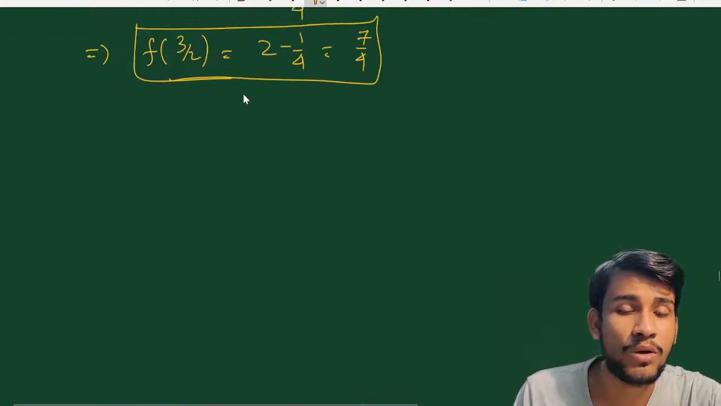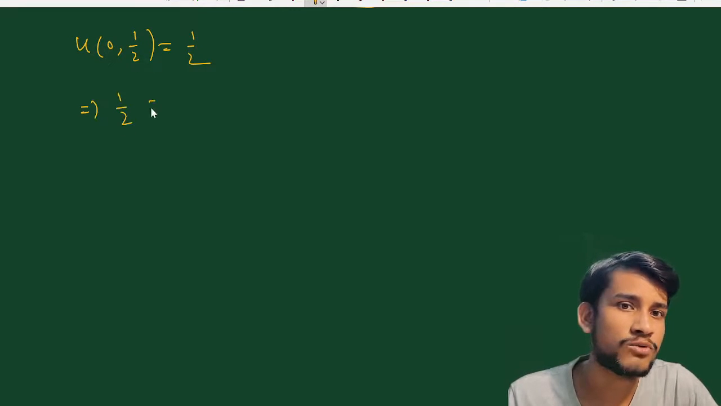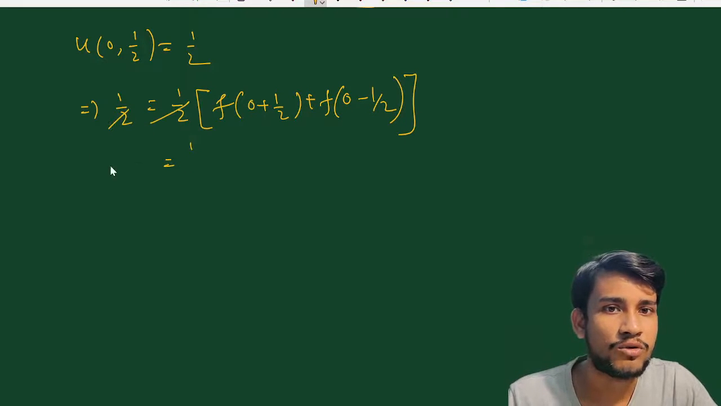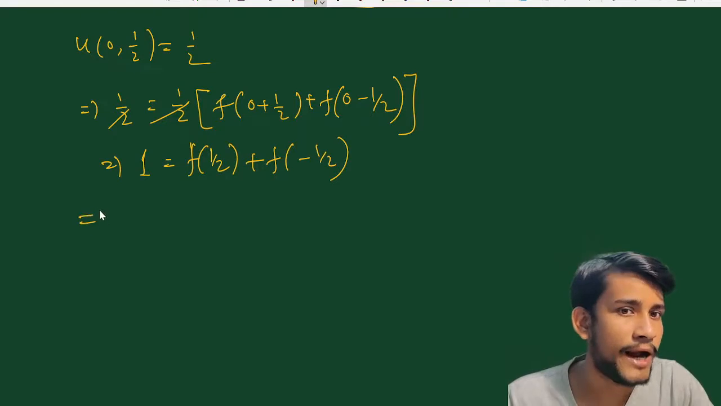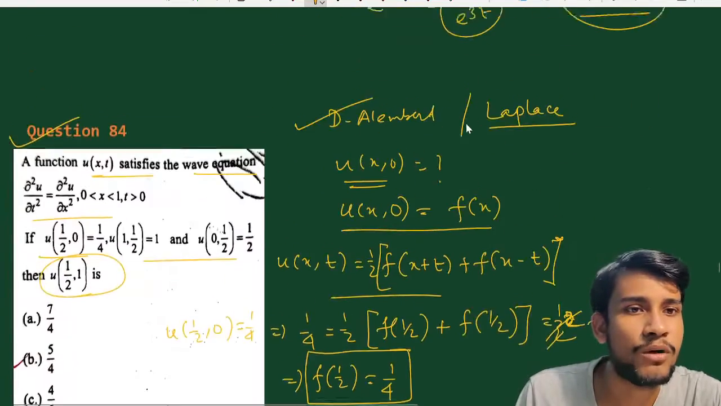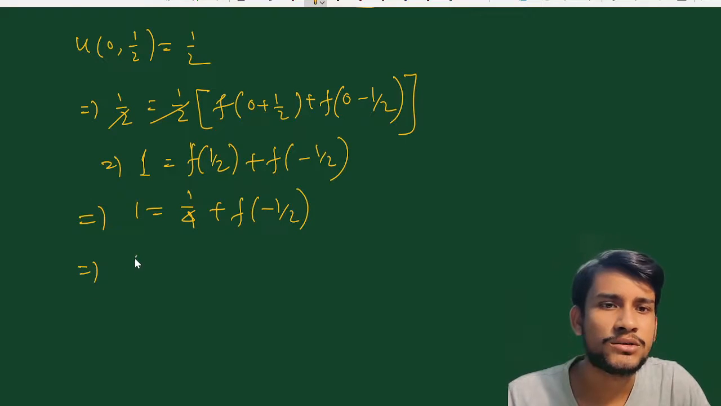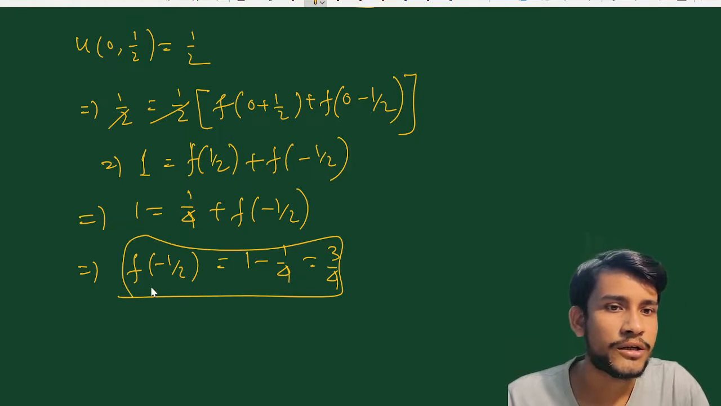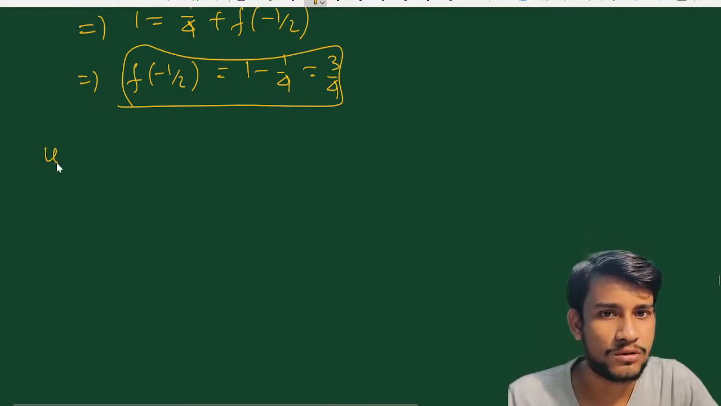And now the third condition is u(0, 1/2) equal to 1/2, this implies 1/2 equal to 1/2 into f(0 + 1/2) plus f(0 - 1/2), clear। so this is equal to 2/2 cancel, 1 equal to f(1/2) plus f(-1/2), and f(1/2) का जो value is 1/4, clear। so 1/4 plus f(-1/2), clear। so this is equal to f(-1/2) is equal to 1 minus 1/4, this is equal to 3/4, clear। now we have to calculate the value of u(1/2, 1), clear।